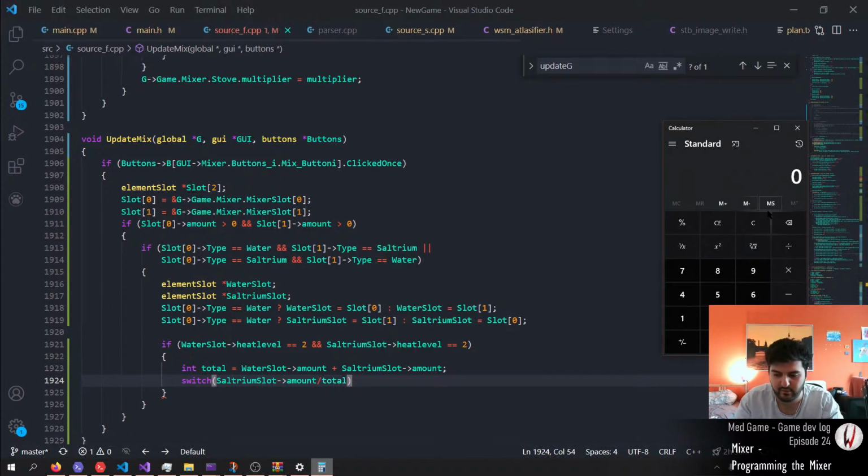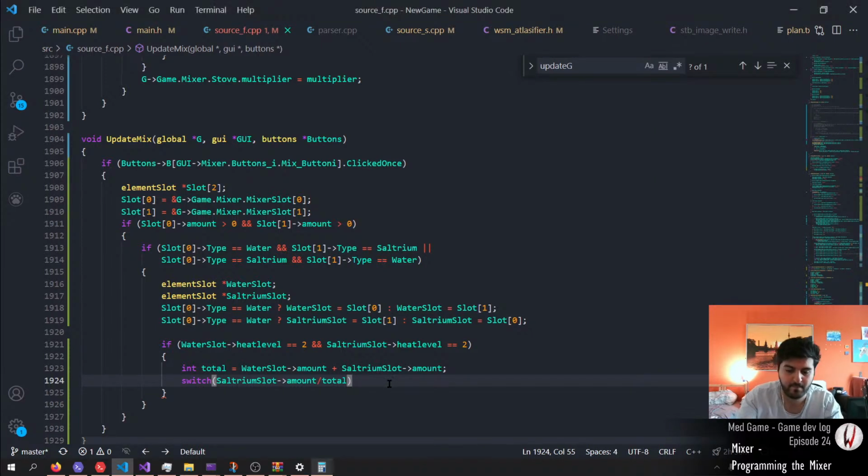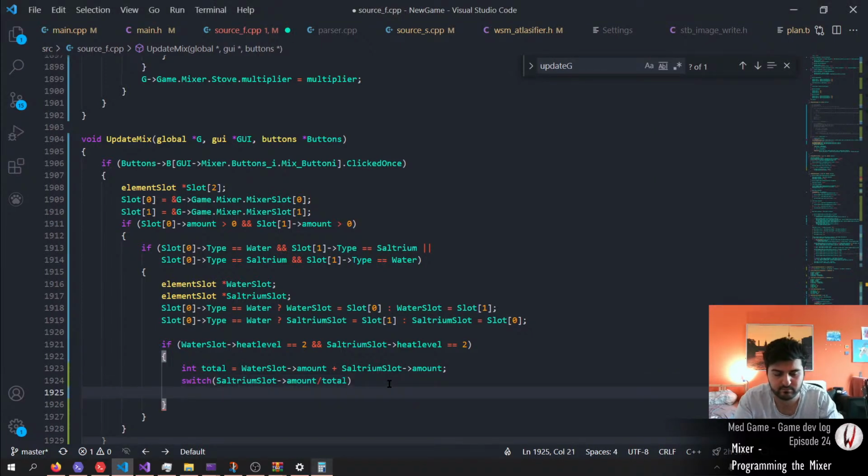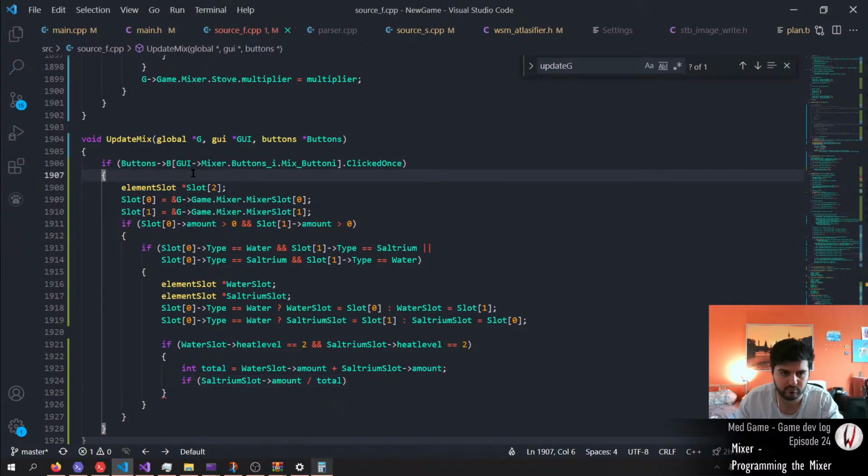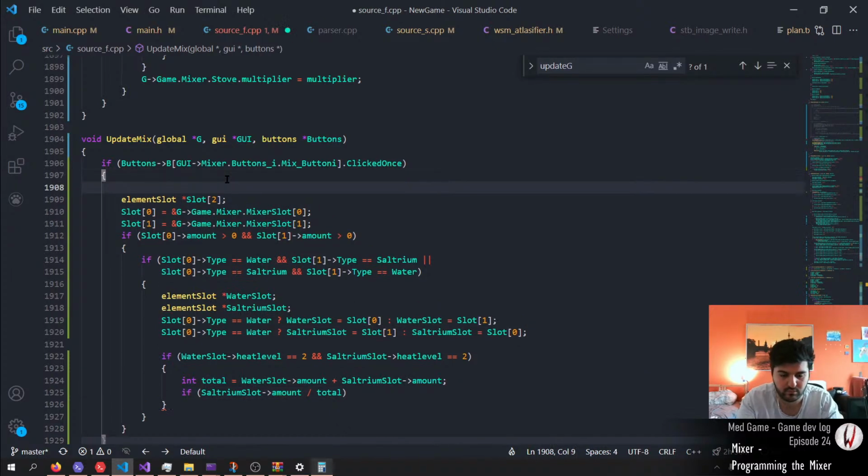Let's say it's divided by 10. Yeah. Equals